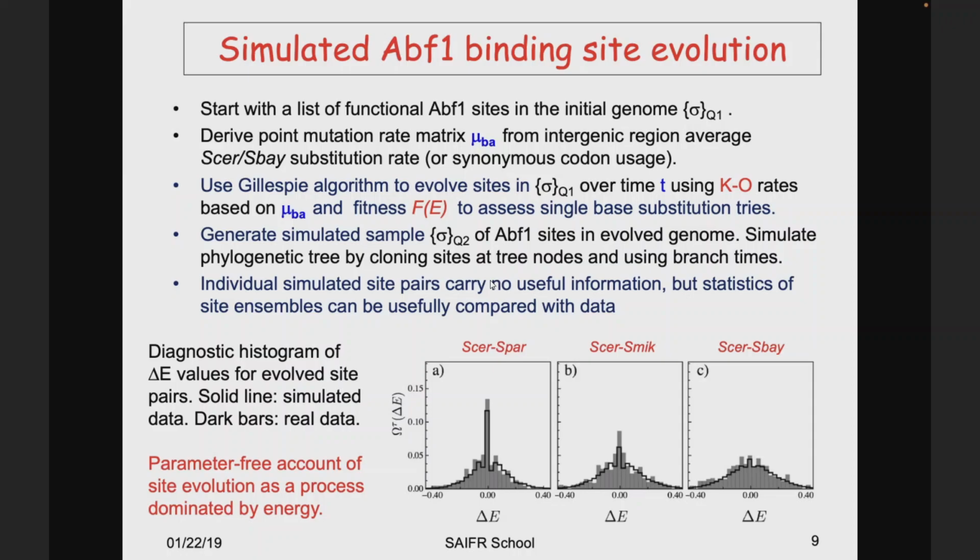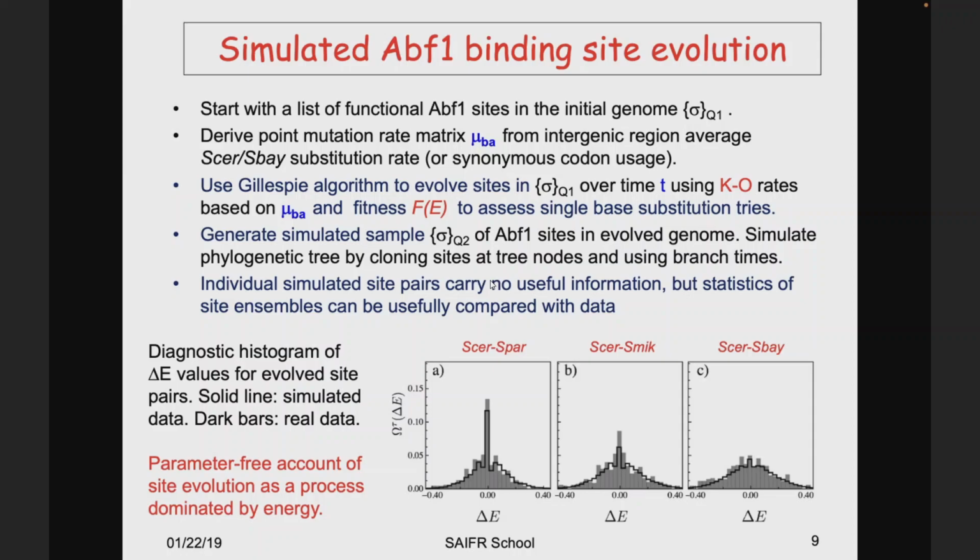So we use the Gillespie algorithm to evolve each site independently over time using these things, right? The Kimura-Ota formula, the neutral mutation rate that we have extracted from the intergenic regions, the fitness function of energy,